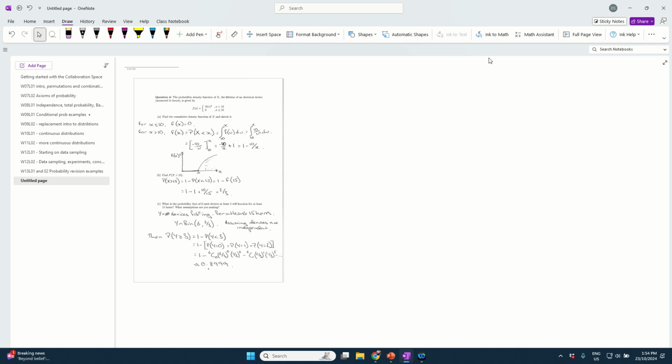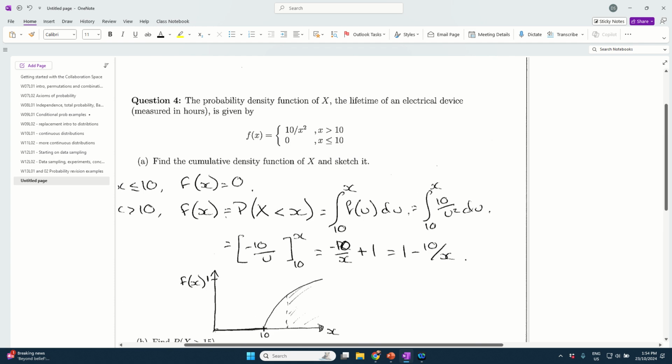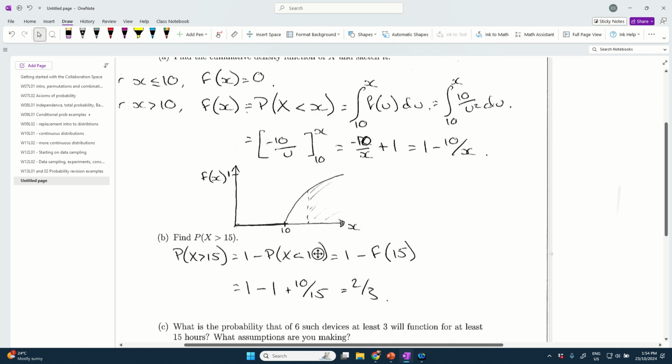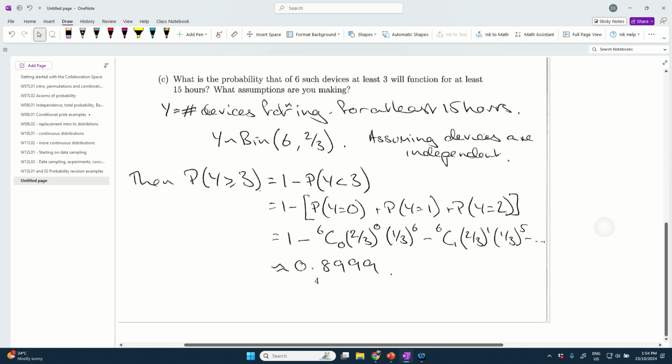Okay, so we're going to do this question. What we're told is a probability density function of a lifetime of an electrical device given by this expression here. We have to find the cumulative density function and sketch it. We've got to find the probability that x is greater than 15 and find the probability that 6 of these